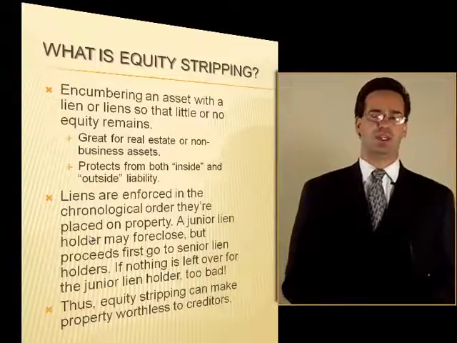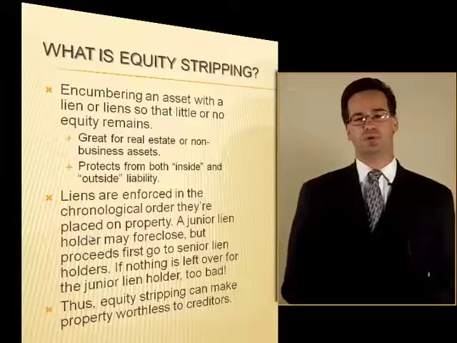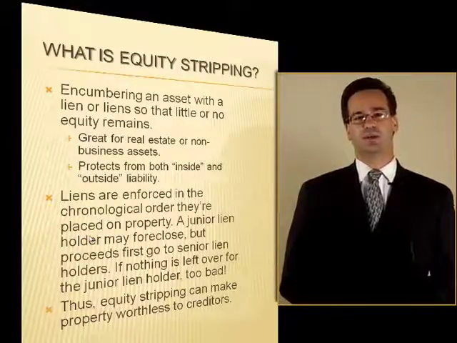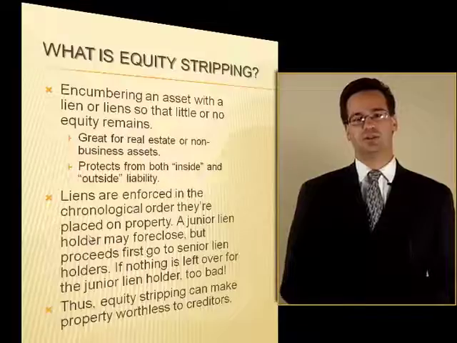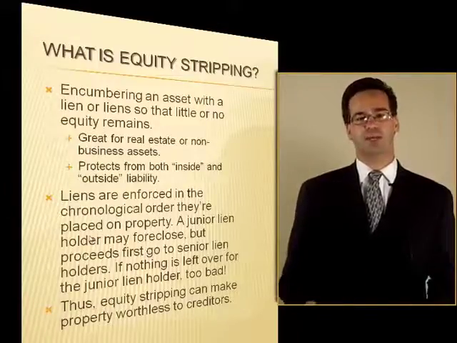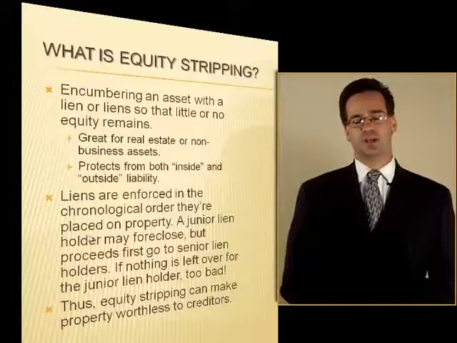Now let's say we take that same situation, but I put a lien for $200,000 on that property. If this second creditor forecloses on his lien, there's nothing left over for him. That effectively makes that asset worthless to him. He's not going to spend $2,000 to $4,000 to hold some type of foreclosure sale and not get any money for it. So that is effective asset protection. With that said,